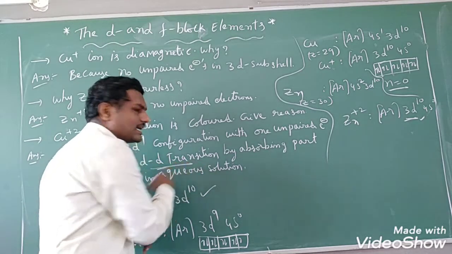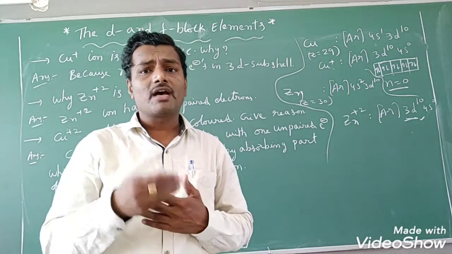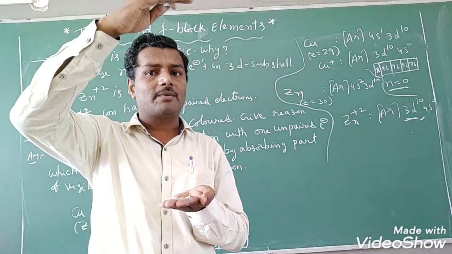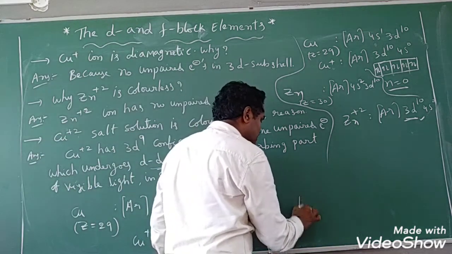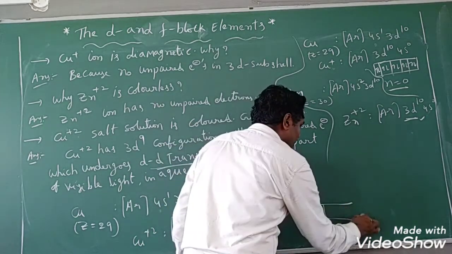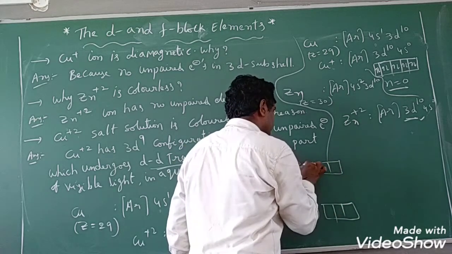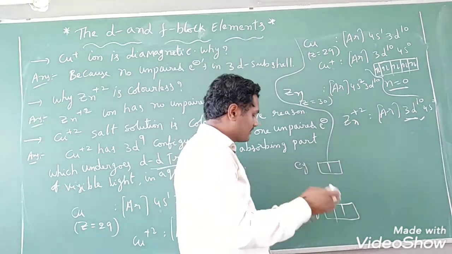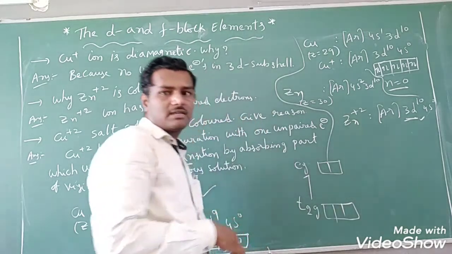What is the meaning of d-d transition? d-d transition is nothing but the excitation of an electron from one set of orbitals having lower energy to another set of orbitals having higher energy. That means, you know, in octahedral complexes, the 5 d orbitals, the degenerate orbitals, split into 2 sets of orbitals: the t2g level and the eg level orbitals. We know already that. So if the electron is present in the t2g orbital, that electron will be excited to the eg orbital. Okay?